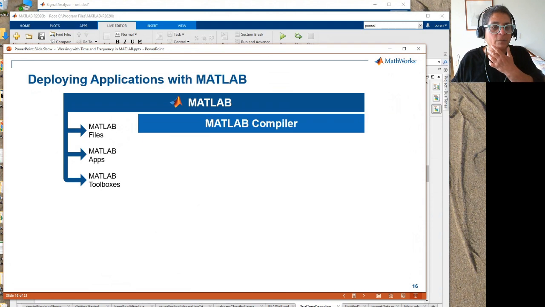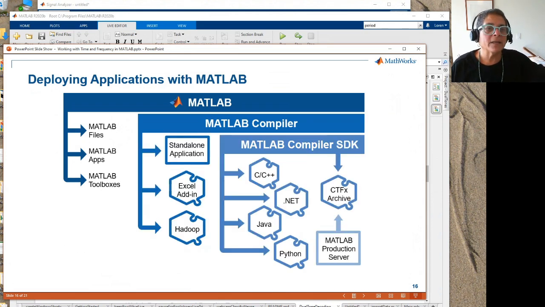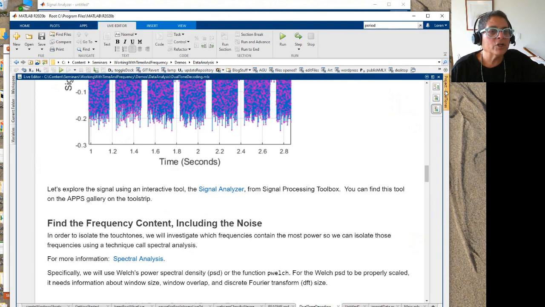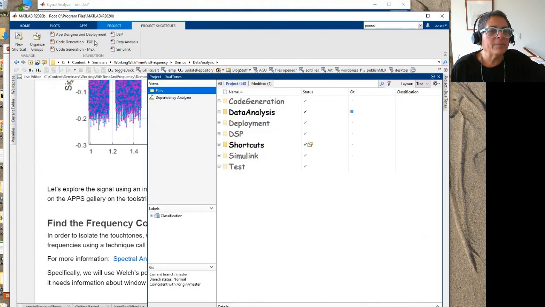I don't want to spend time on that. What I want to do is come over here. So let me come back to here, and I'm going to come to my project, and I'm going to show you how to do App Designer and deployment. And if I come to my current folder,